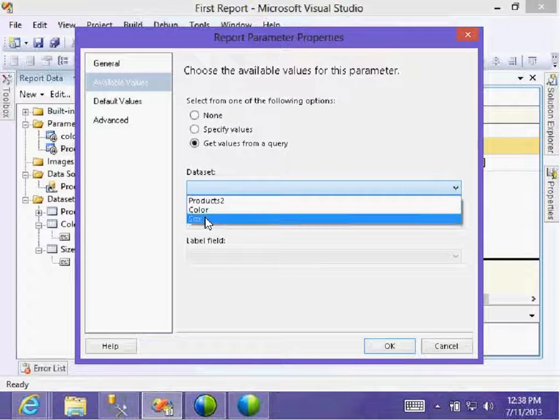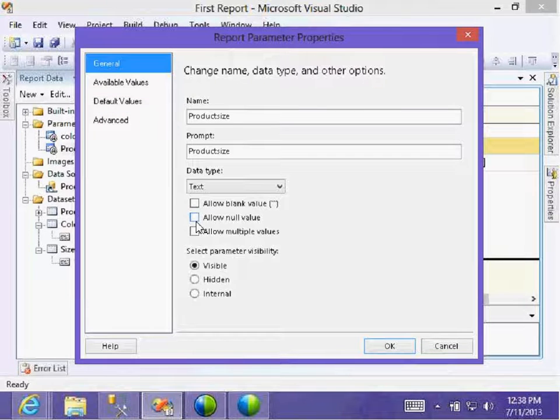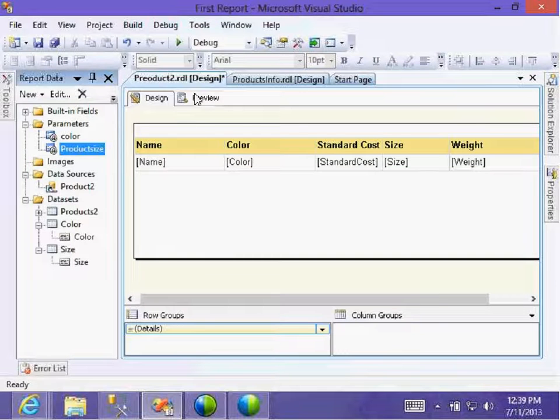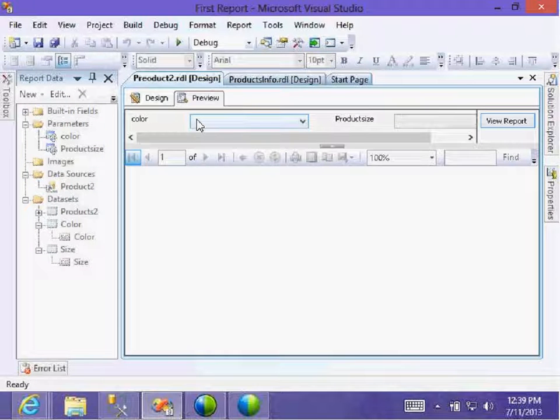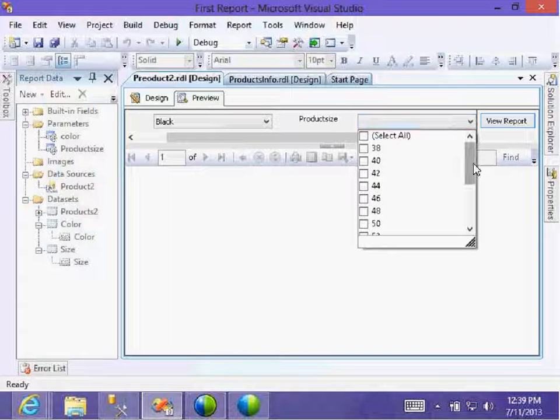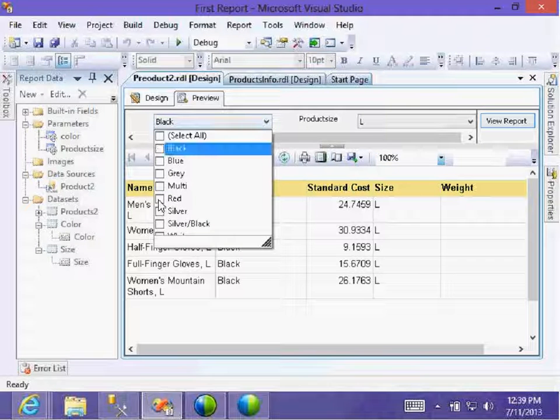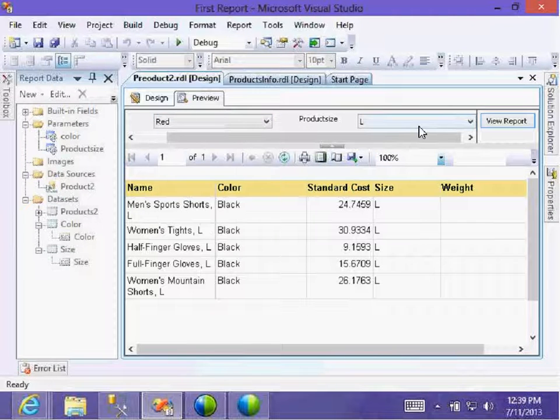Get the size. Allow multiple values. Then product black. Yes. Red color.